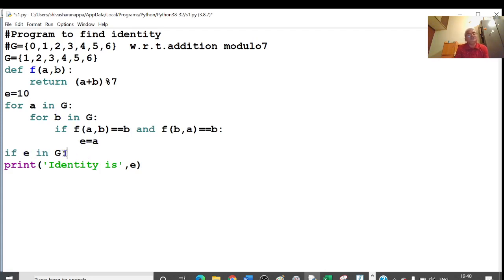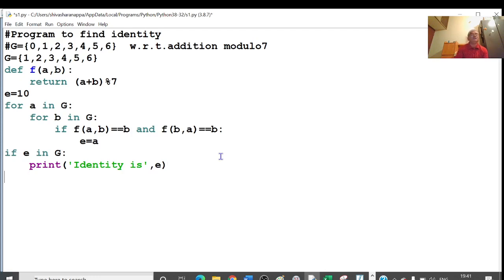If E in G, print identity is E. Here there must be an indent. I will cut, click here, enter, and paste here. E is the identity element.